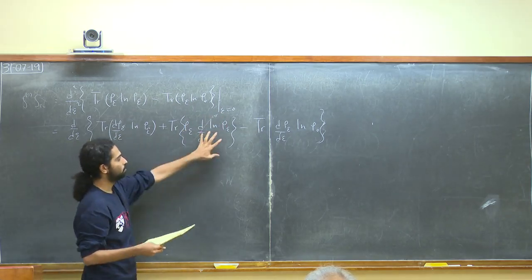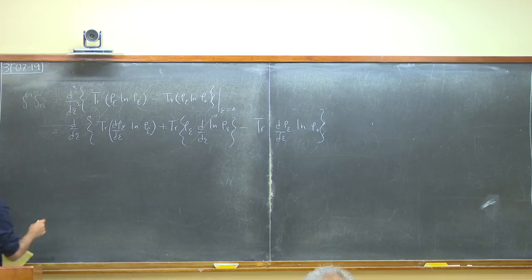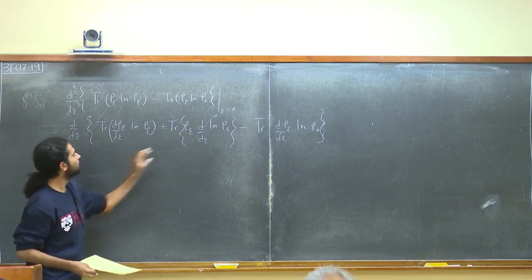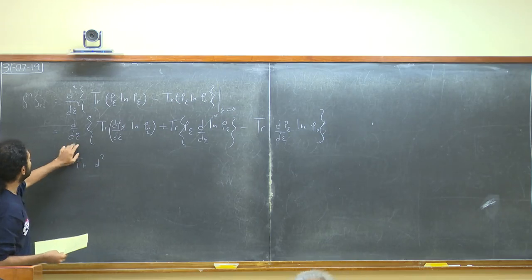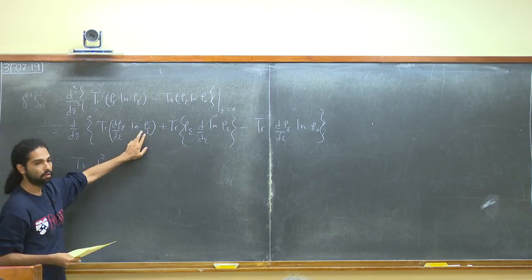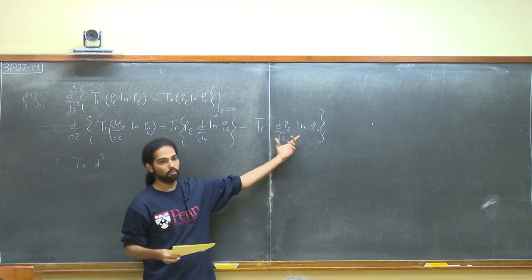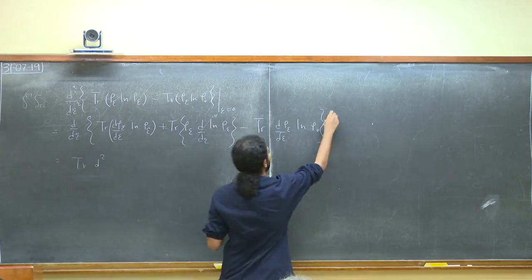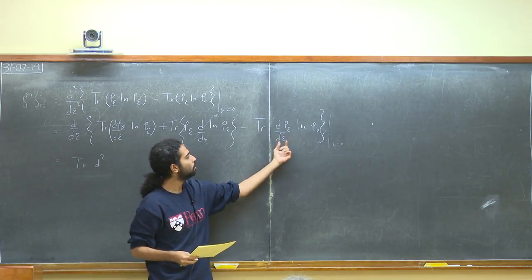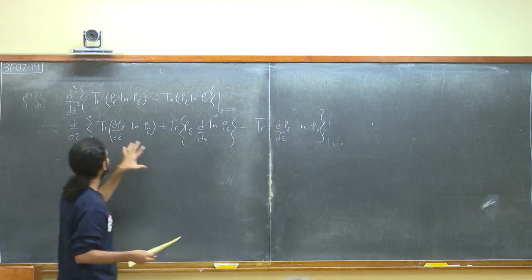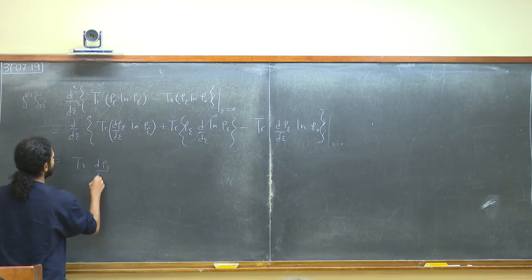You can do this more carefully by being careful about the derivative of the log, but you reach the same conclusion. So now we can forget about this term in taking this derivative. This derivative can either hit that term or this term. If it hits this term, you get a second derivative of the density matrix, but that gets cancelled by this one here, because at the end of the day you're evaluating this at epsilon equals 0. So that second derivative piece cancels the one coming from here, and the only piece that contributes at the end of the day is